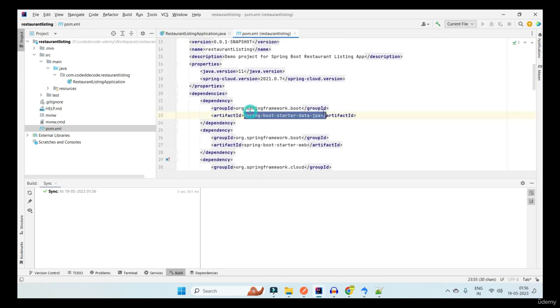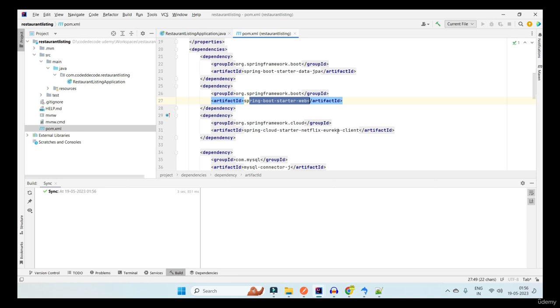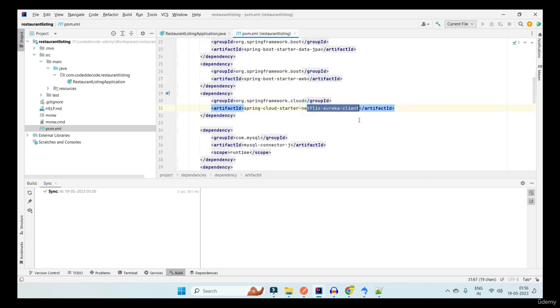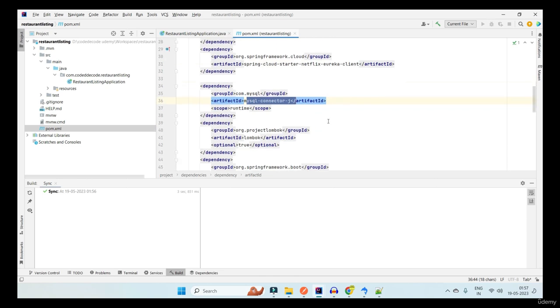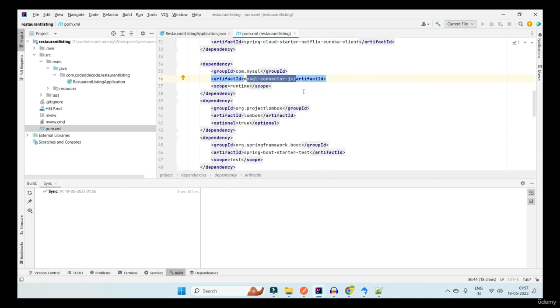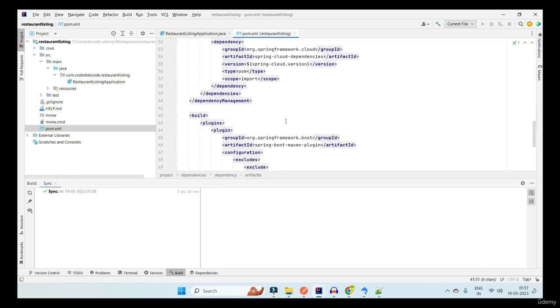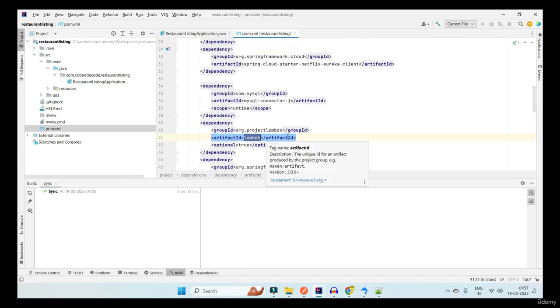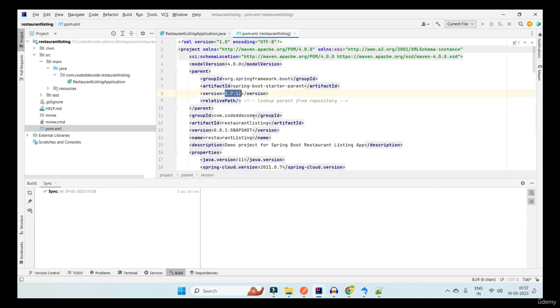So we have Spring Boot data JPA to have an ORM framework in our Spring Boot application. We have the web dependency to make this a web application. We have made this a Eureka client. We have the MySQL connector, which is important to connect your ORM framework with the real MySQL database. Without this, there is no driver available for you. We need Lombok, which is there, but what we don't have is MapStruct. So let's quickly add a MapStruct dependency for our 2.7.12 version.